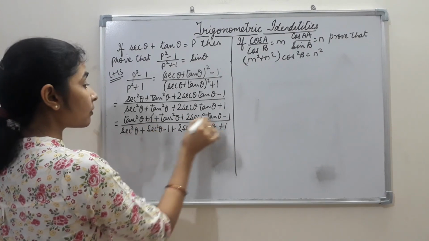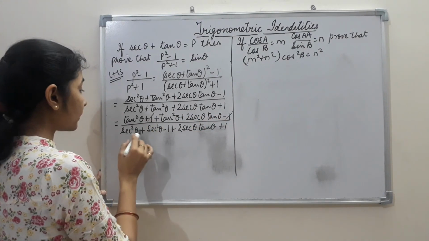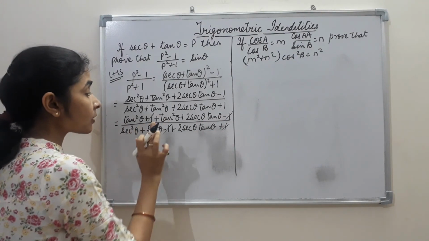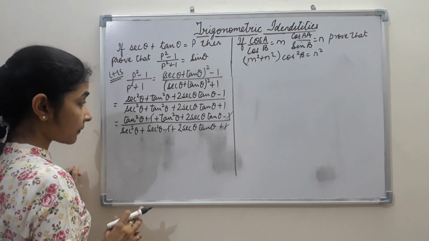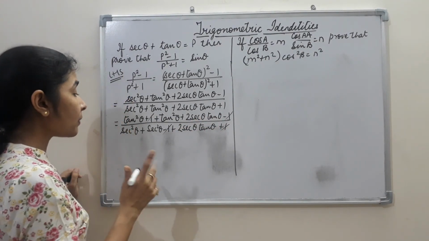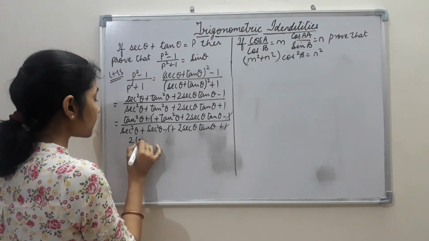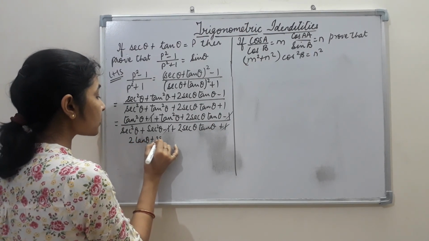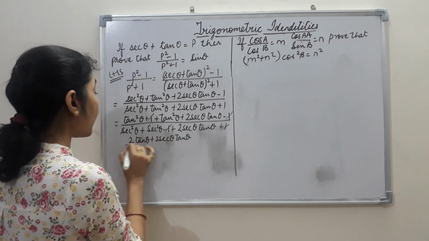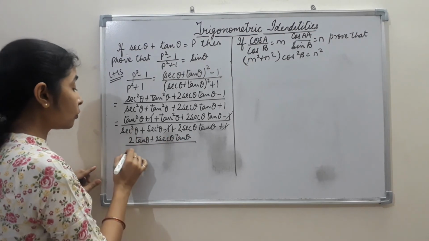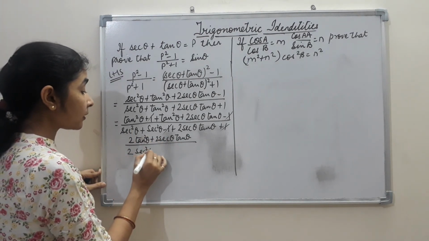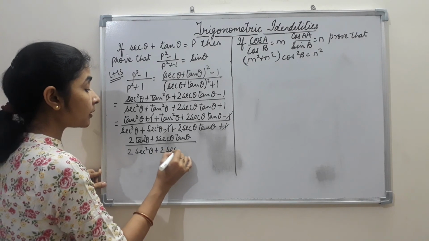Now just see, in the numerator 1 cancels, and in the denominator also this 1 cancels. Now tan square theta plus tan square theta gives us 2 tan square theta, and here we are having 2 sec theta tan theta. So what is common between these two? Let me write the expression: 2 tan square theta plus 2 sec theta tan theta, and here we are having 2 sec square theta plus 2 sec theta tan